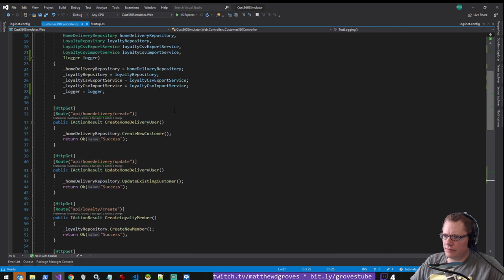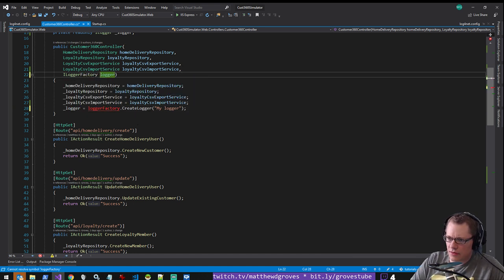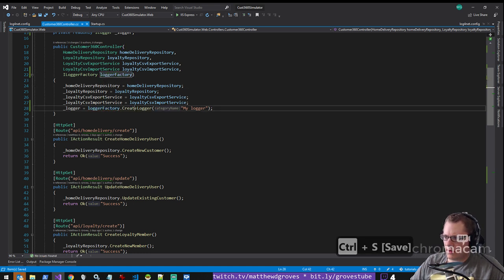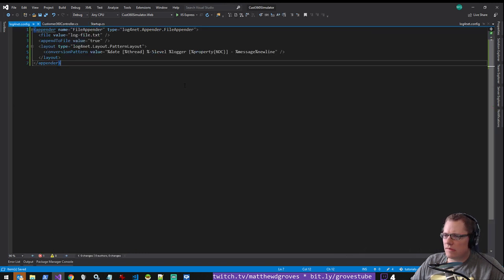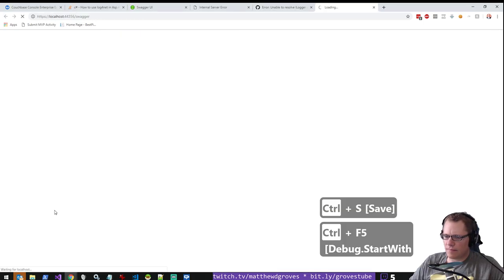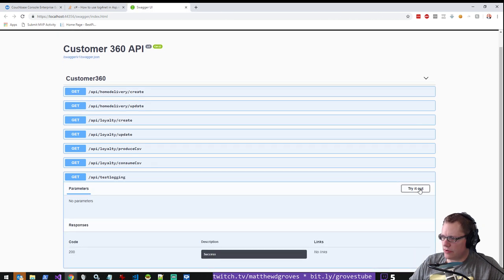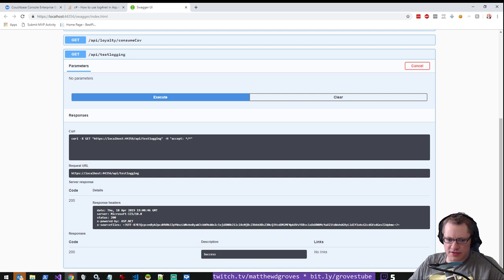Let's try it again. And this will be logger factory. Category. Create logger instance is a category name. Is there a category in here? No? I don't see anything. Test my logging. Try it out. Execute. It succeeds, but there is no, as far as I can tell,